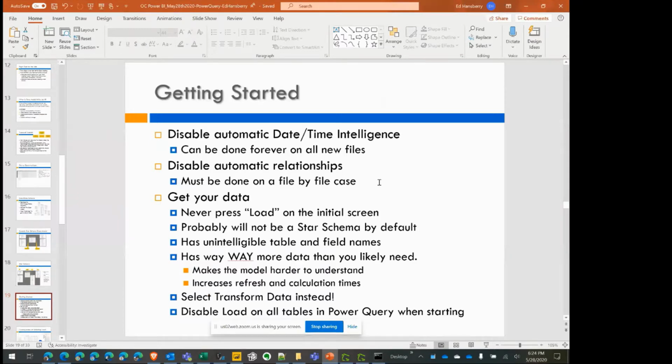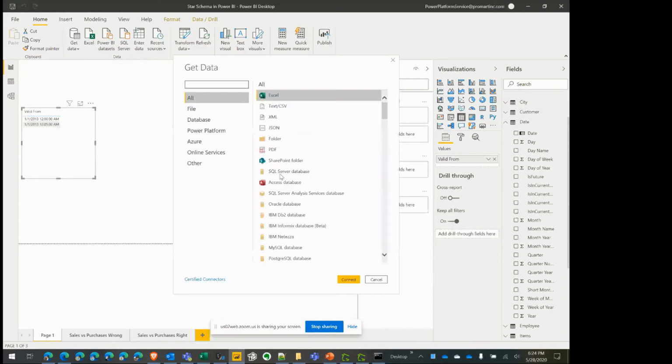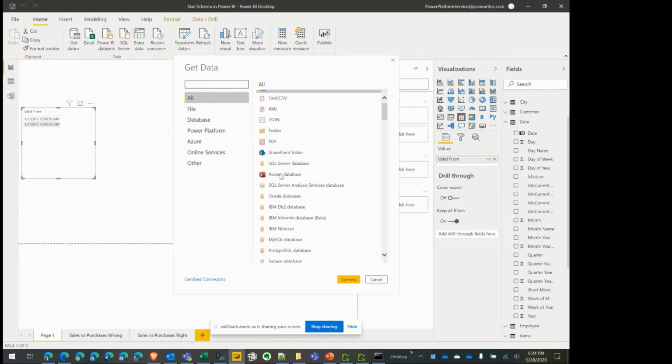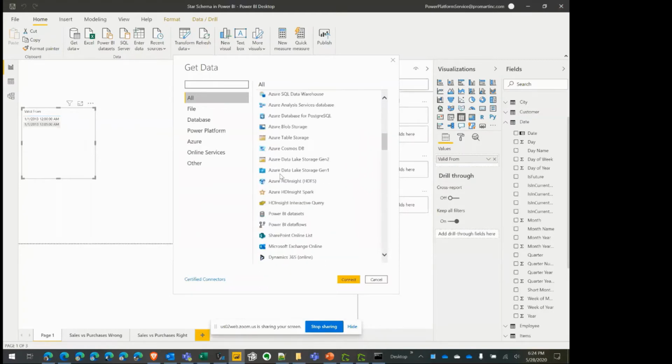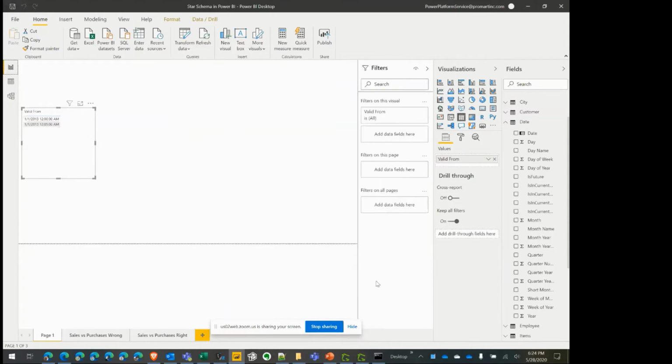Okay, now you need to get your data. So 99% of the time, you're going to go into get data. It might be one of these services. You can click more, and you can get data from probably well over 100 sources. From SAP HANA, SharePoint folders, I do that a lot. I use Azure Data Lake, get all your data. What you do not want to do, though, is